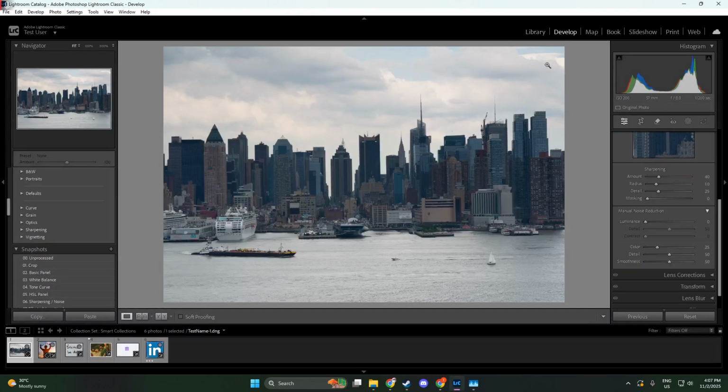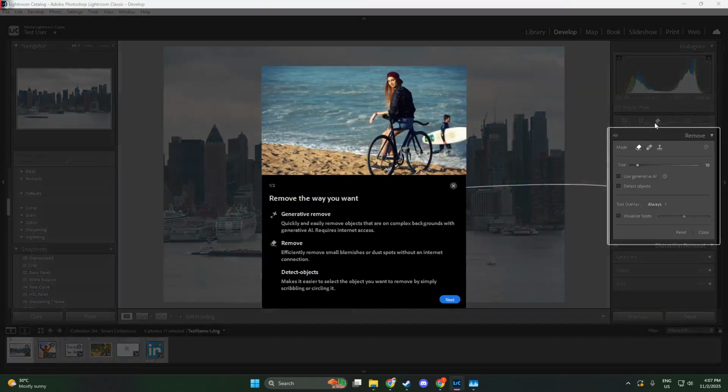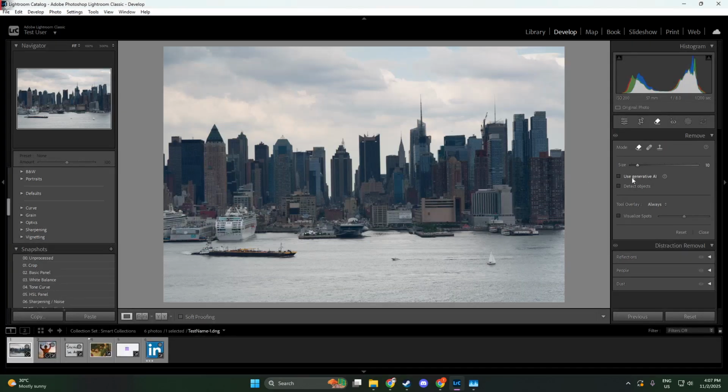To start, open your image in the Develop module within Lightroom Classic. The Develop module is where all the magic happens, allowing you to make all your edits to enhance and adjust your photos. Once you're in, your first task is to select the Spot Removal or Healing tool. This tool can be easily accessed by pressing the shortcut key Q on your keyboard. Or you can manually find the icon that resembles a band-aid or patch in the toolbar. This is a versatile tool that allows you to either replicate or blend areas of your image, making unwanted objects